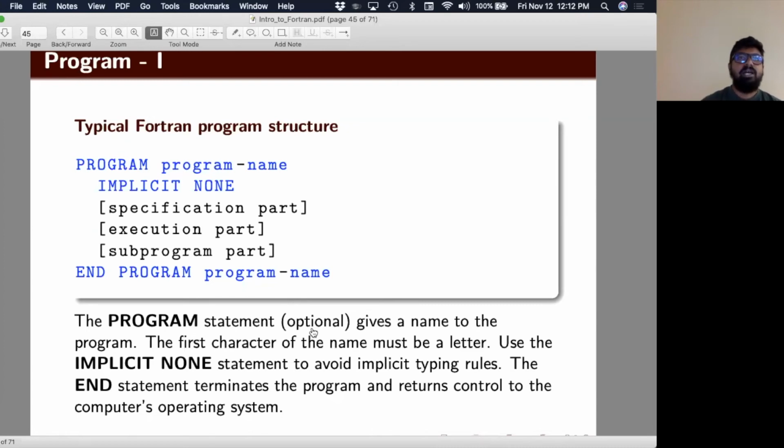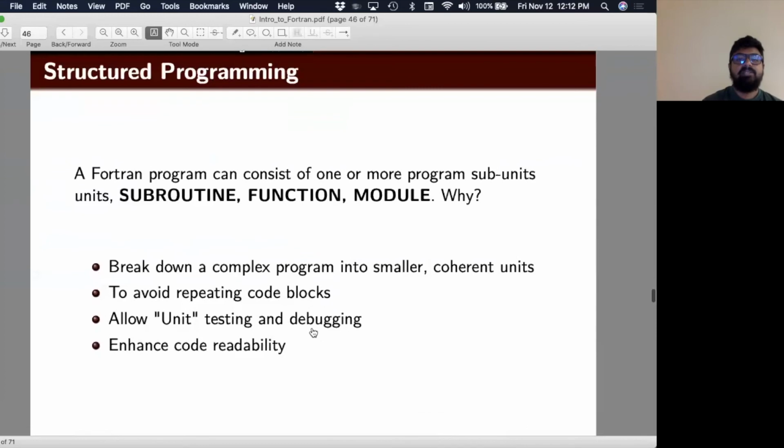We can do a lot with just this main program. But a Fortran program can consist of one or more program subunits. They're called subroutines or functions or modules. Why do you want to do that? Because